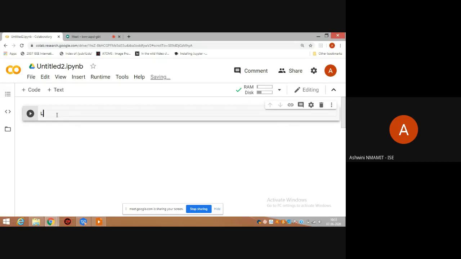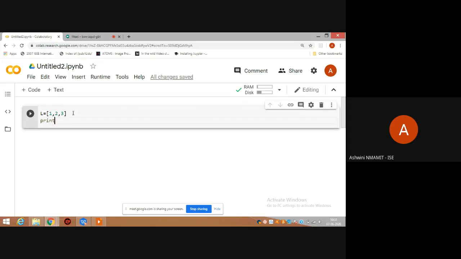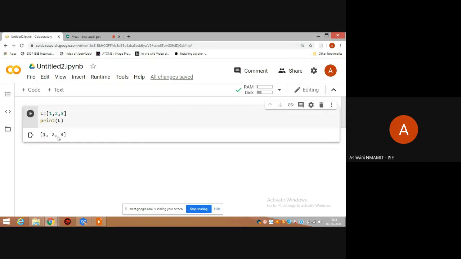So first thing is, how do we create a list? To create a list, the simple method is within square brackets. That is, add the numbers or the elements within the square brackets, and then a list will be created. So if I give print L, a list is created. So by this, I'm making it clear, a list is nothing but the elements which are within the square brackets. Anything within the square brackets would be represented as a list. So this is a simple form of creating a list.